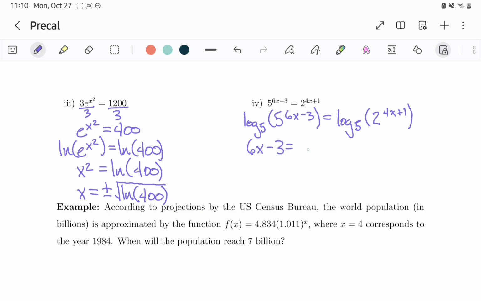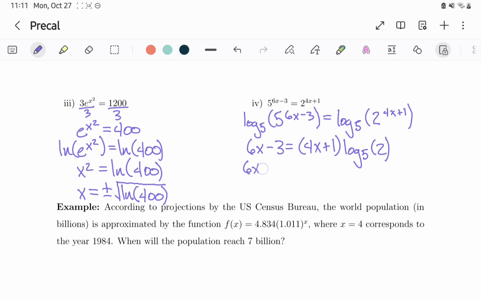And then equals 4x plus 1 times log base 5 of 2. Okay, and then from here we would want to solve for x, so we would distribute log base 5 of 2 over the two terms on the right-hand side. So we'd have 4 times log base 5 of 2 times x. And then we could subtract that from both sides and add 3 to both sides to end up with